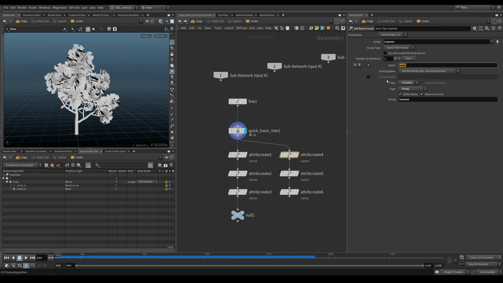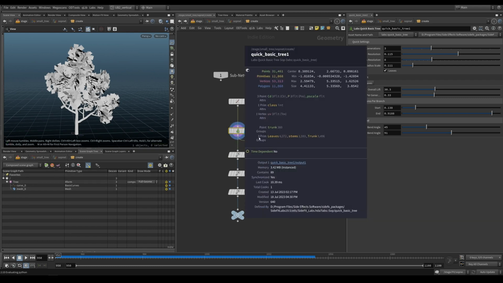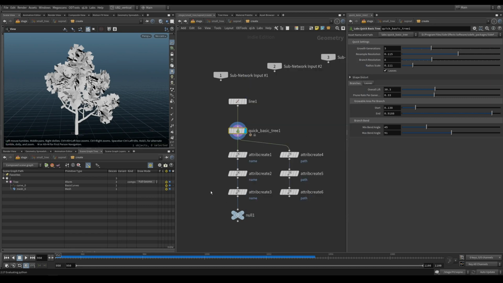So this would work the same way if we did a path. And what we are doing here is, because the quick basic tree actually creates groups, leaves, stems, and trunk, we want to